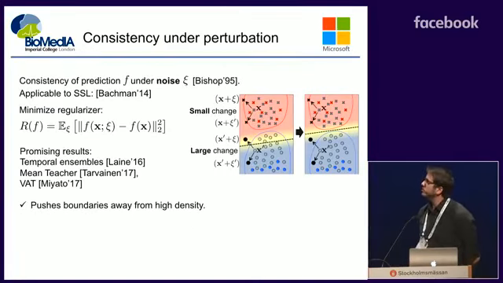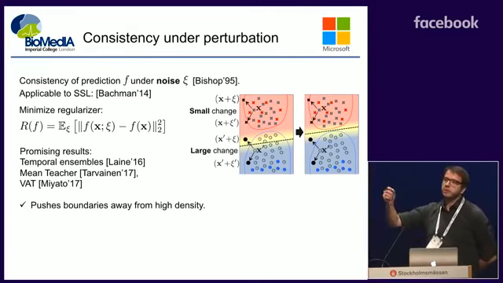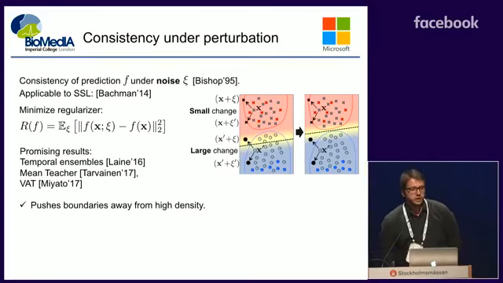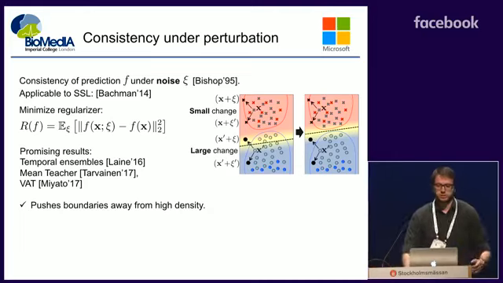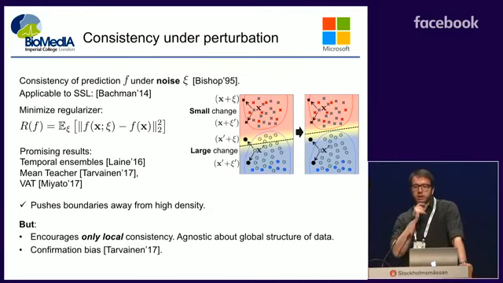Another type of approaches is those that encourage consistency under perturbation, which means you take the unlabeled sample, you apply a little bit of noise in the feature space, you move it a little bit around, and you encourage your method to give consistent predictions regardless of the noise, which is also pushing the samples away from the boundaries, because away from the boundaries, the prediction doesn't change. So it is subject to confirmation bias again. And the other thing is these methods focus on encouraging local smoothness of the predictor around its samples through the perturbations, while our method is completely orthogonal to this. As I said, we're going to focus on capturing the whole manifold structure.